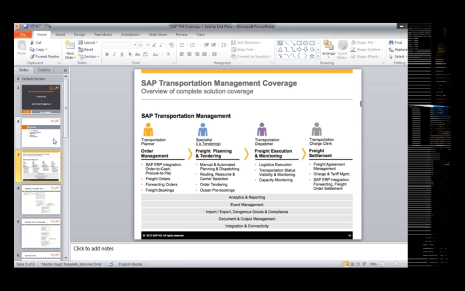The next is the analytics and reporting, the BI and the BW, which will be used in order to create a historical data and to see who is the best carrier in order to ship the goods. The next is the import export and dangerous goods and compliance. So SAP GTS will be used for the customs clearance and dangerous goods will be handled by SAP Environmental Health and Safety, wherein we will be overseeing the hazardous goods and whether they adhere to the SAP EHS